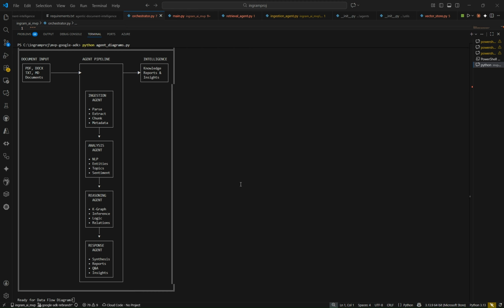Then we have the analysis agent, right? It performs deep NLP analysis, using Gemini to identify the entities or topics, sentiment, and key themes within the docs. Then we have the reasoning agent, right? This is where the magic is happening. It's building the knowledge graphs, creating inference paths, and establishing relationships between different pieces of info we have, and the response agent synthesizes everything into meaningful reports and